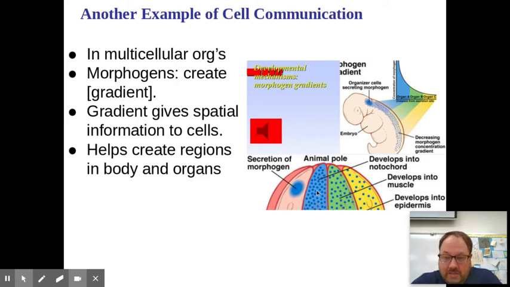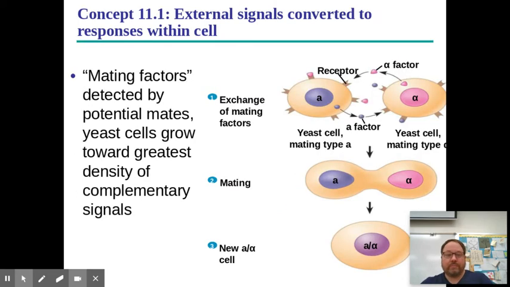This is a nice image that you see here. Here you have the embryonic tissue that's secreting those chemicals, and as the concentration gradient dissipates, it will cause the activation of different genes, which causes different proteins to be made, and then the cells and ultimately tissues develop in different ways. So really, concentration gradients, oh my gosh, it matters so much in the development of you as an individual. Switching different genes on or off causes different proteins to be made, and cells and therefore tissues do different jobs. It all relies on this basic stuff that we've been learning.